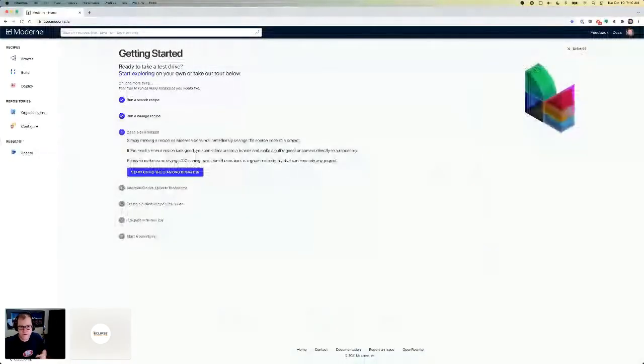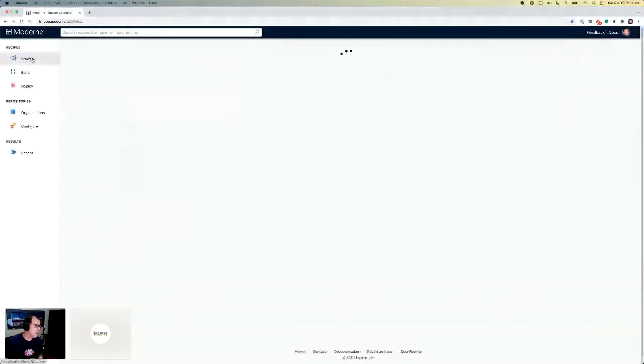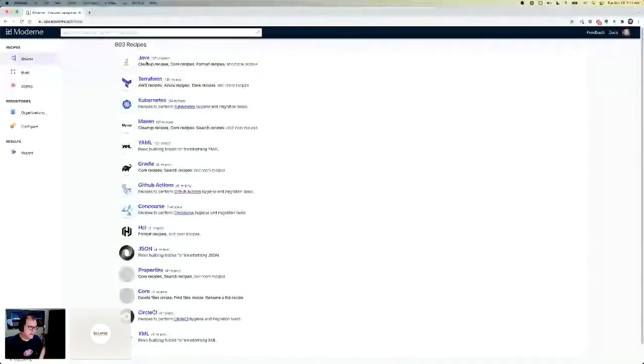So again, a recipe is just a unit of transformation, either a search or a transformation recipe. They're composable, but everything you're going to see here is in open source. So I will also demonstrate how you can apply these same recipes using either a Gradle or Maven plugin. You have support for doing these same exact transformations one project at a time. This is just a nicer way to demonstrate the capabilities that OpenRewrite has. So, without further ado, we're going to start with GitHub Actions.